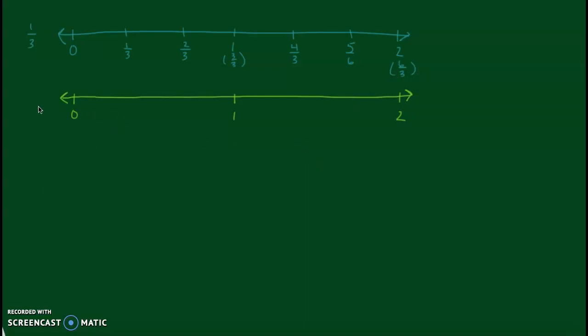The second number line, we're going to divide into sixths. And I'm going to use my thirds to start with to help me. I'm going to try to line this up as best as I can. And then from there, I'm going to divide each of these smaller sections, these 1/3 sections, in half. And we'll label those. So we've got 1/6, 2/6,